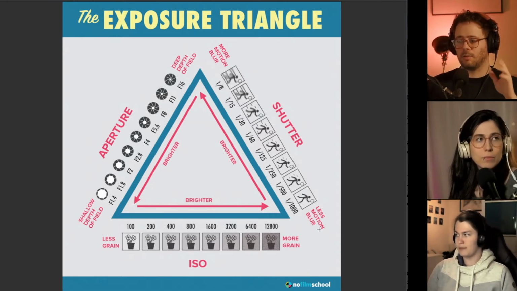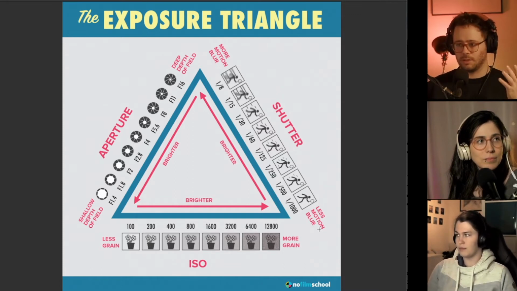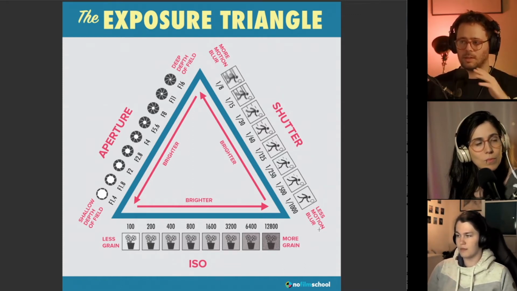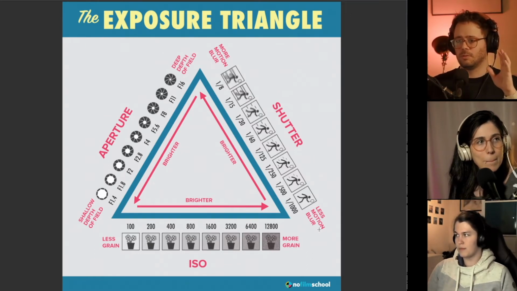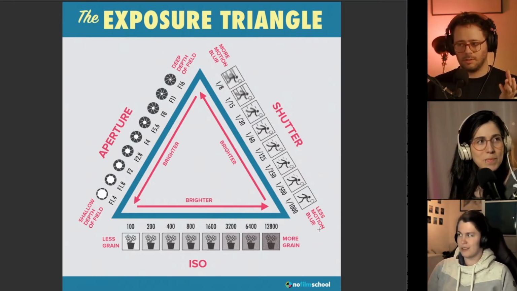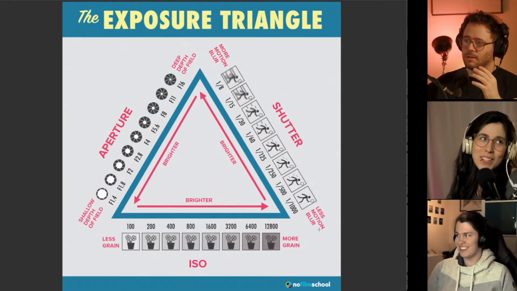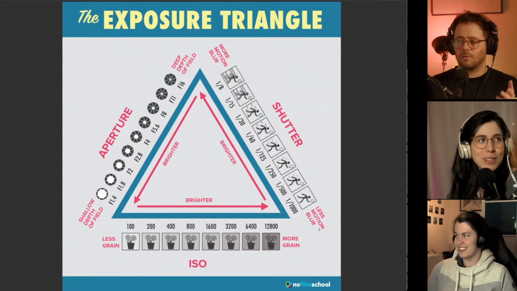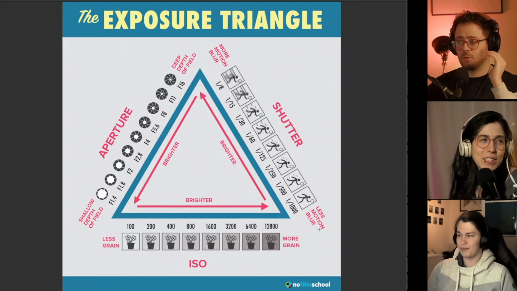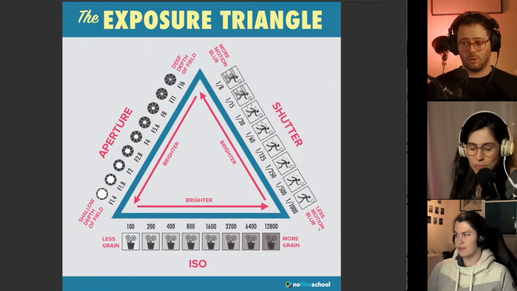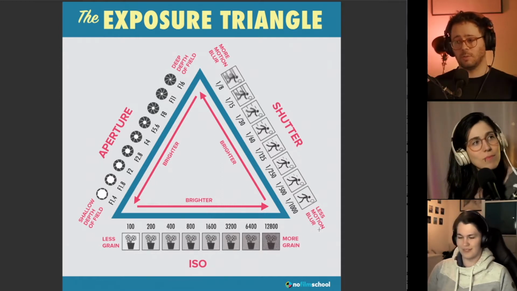Yeah, of course, they're all affecting how much light there is. But besides that, besides the balance we're going to talk about later, ISO is simple. No noise, yes noise, more noise, less noise. It depends on the camera you have, obviously. Of course. But when we go to the shutter, it gets slightly more complicated because we have motion blur or we have freeze motion.